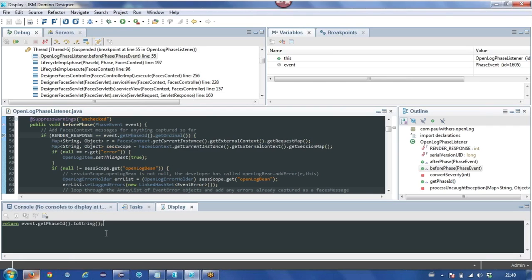So you see you get, for any object that's selected there, all the methods and properties that are available with type ahead. You just select all of that code and click on the display result of evaluating selected text. And so we can see that it's in the restore view phase, the first phase of the 6 that run in a life cycle.